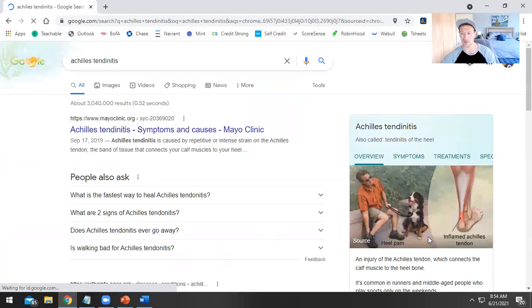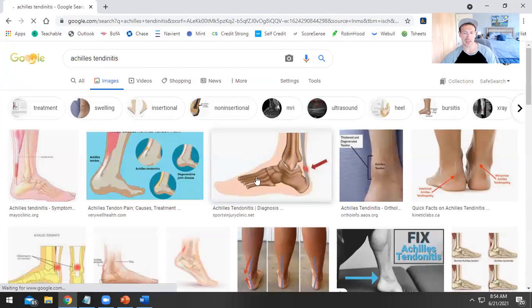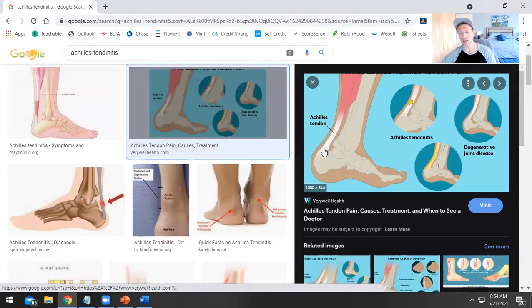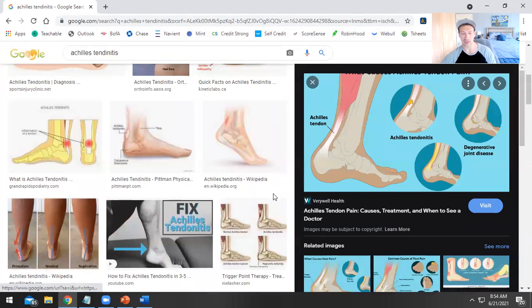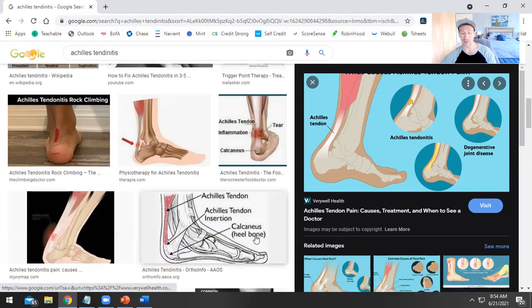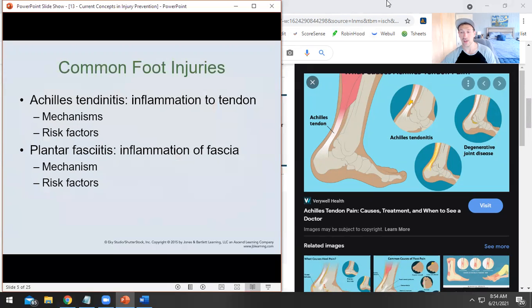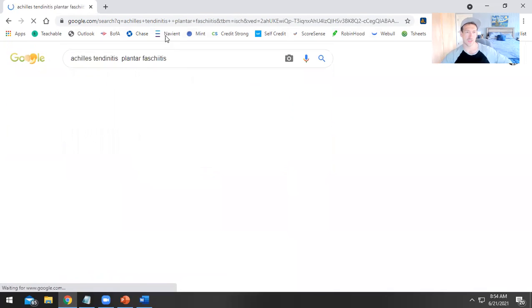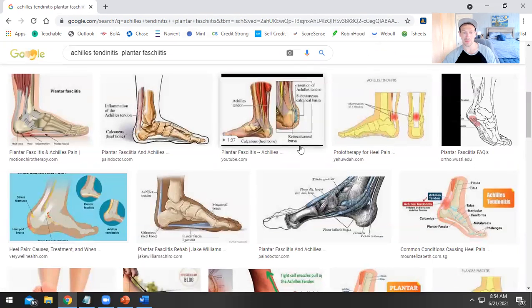So that's going to be sort of an ache and a pain where your soleus and your gastrocnemius come down, and they're grabbing your heel bone here, your calcaneus, and wrapping around, and then it actually becomes your plantar fascia, right? Like if we look at that, this is going to work its way around and become the plantar fascia, which we know is also a very common, sports related foot injury. So plantar fasciitis